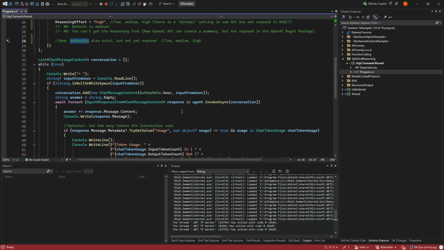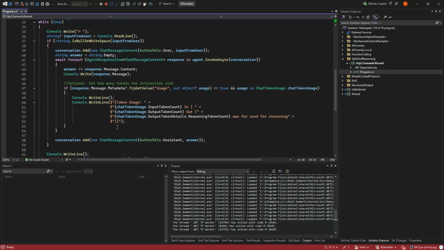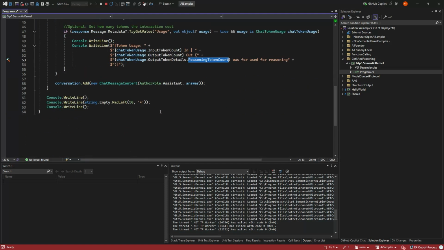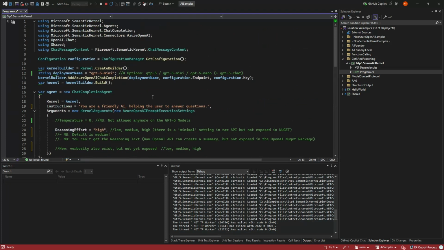And beyond that, it is very much the same. Everything works the same, and the reasoning token count is already here because of the o models. And as you saw, the 5 model will do exactly the same. So that is actually everything.